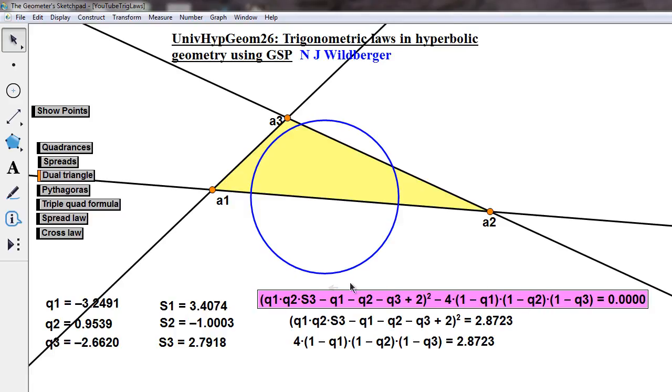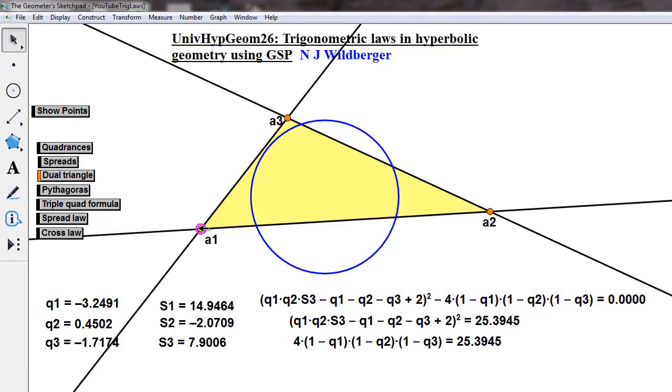In any case, these laws here that I'm showing you only rely on high school arithmetic. It's basic algebra using plus, minus, times. Those are the operations that we need, and it's easy to check any of these laws in any particular situation very explicitly with pen and paper. So these are very important laws, and our next job is to start thinking about how do we prove the spread law and the cross law.